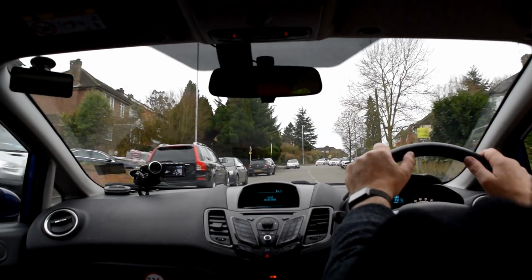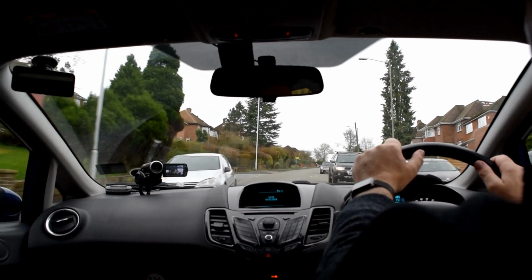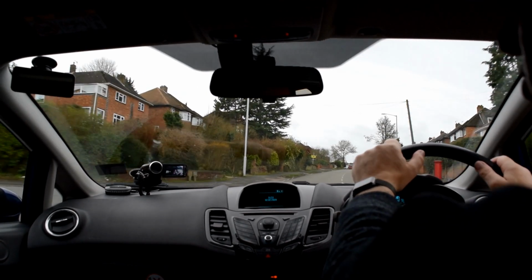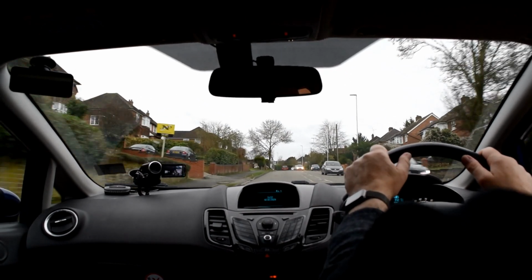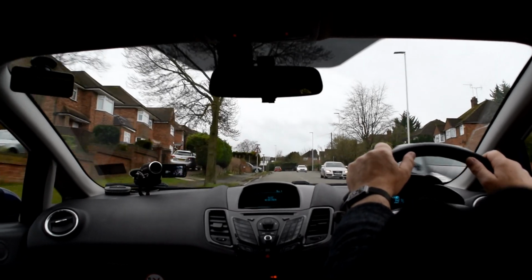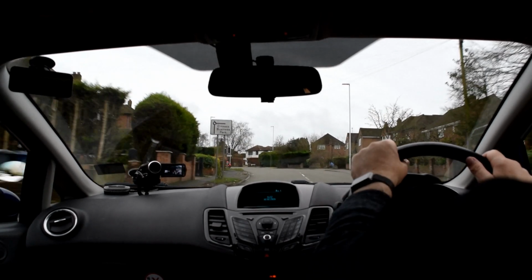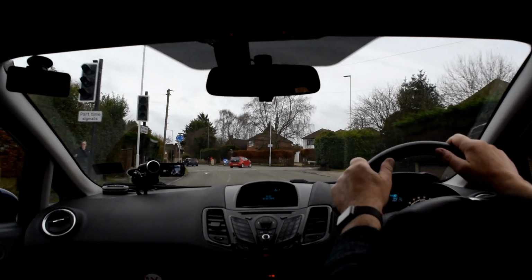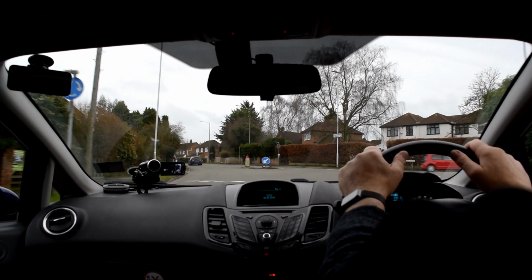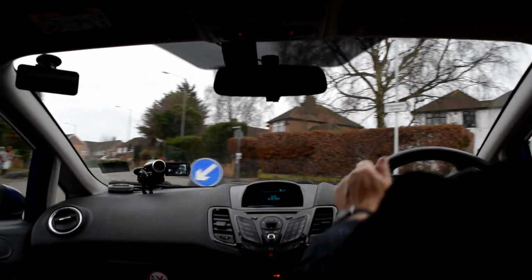So we're going to come up shortly to a roundabout, checking my mirrors, checking that junction on the left, checking the central left mirror to come back, and we're going to come up to a roundabout now that we are going to turn right at. So centre and right mirror check, indicate right at this moment in time, and looking to the right and ahead, bit of a closed roundabout this one. Just touch the paint and come round,